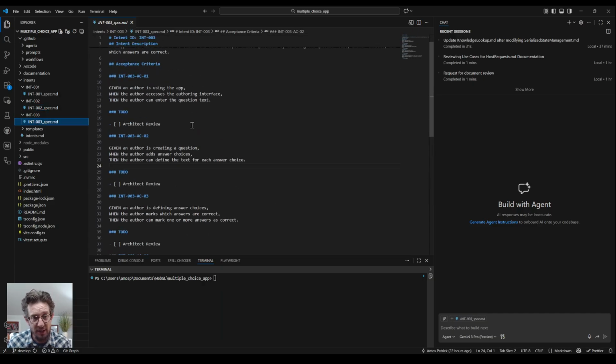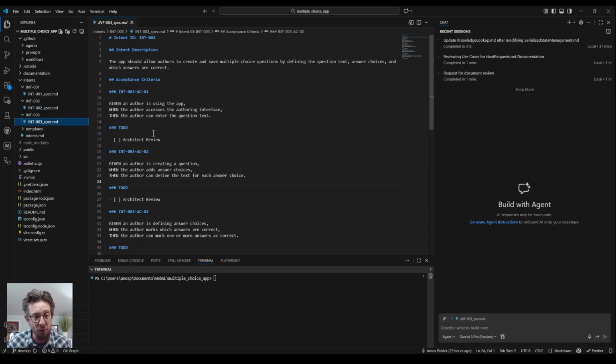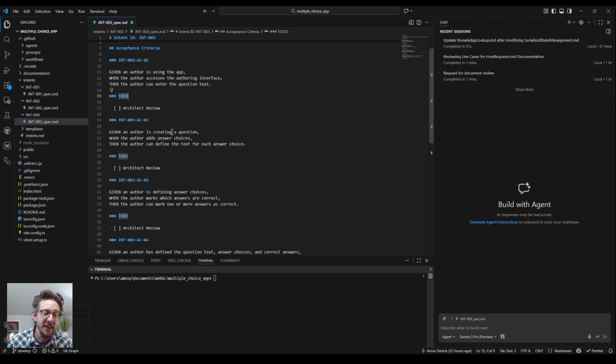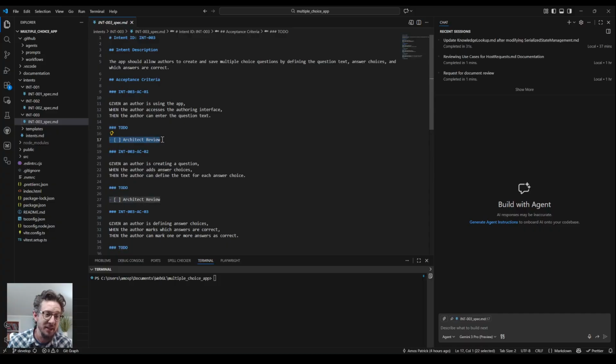Side note, just a quick side note, I did change up a few small formatting patterns in my intent spec. Yesterday, I think we had some different to-dos in here. I had an empty spot for tests and tasks. That is all changed. I refactored that. The acceptance criteria is exactly the same. The main thing that has changed is I have my intent agent create this to-do right here. And this is because, if you remember, jumping back to the